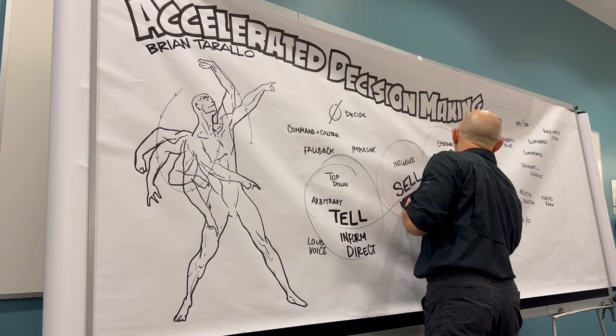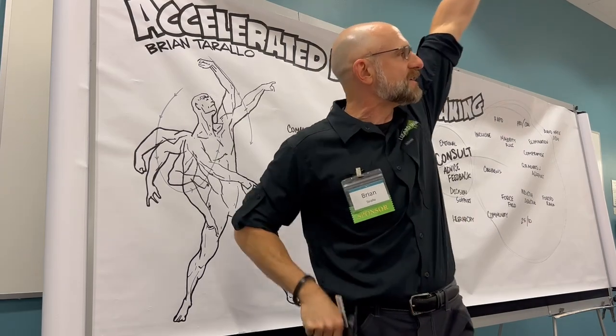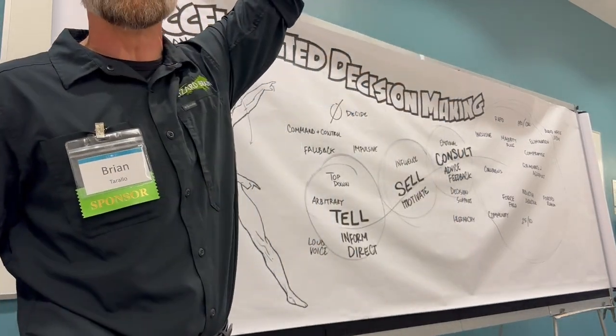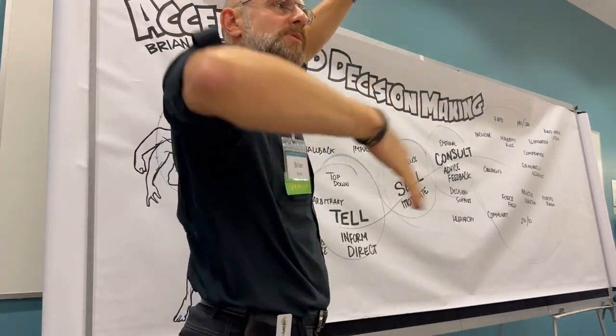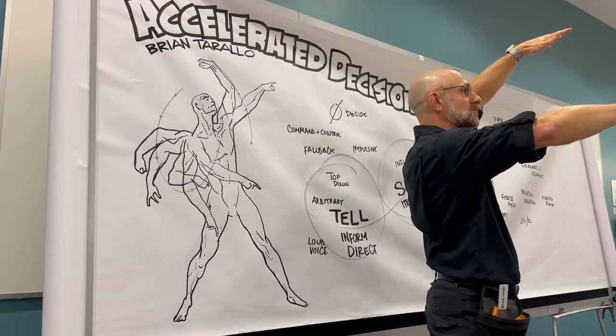So in this model, I'm the boss. I've decided what I want to do. I've got my vision, but it's at the 10,000 foot level. I'm going to bring in my direct reports, my people underneath me. I'm going to say, hey, you're at the 1,000 foot level, or you're on the ground floor.